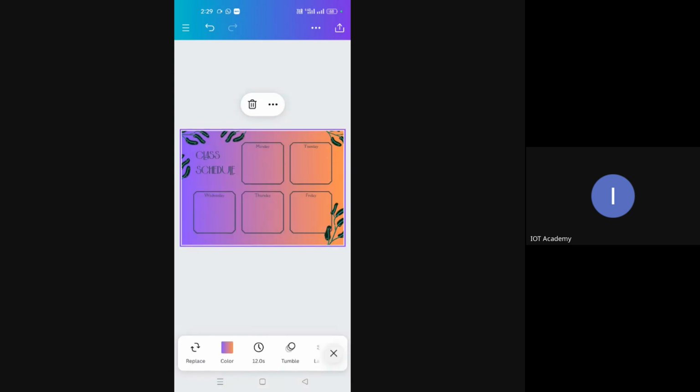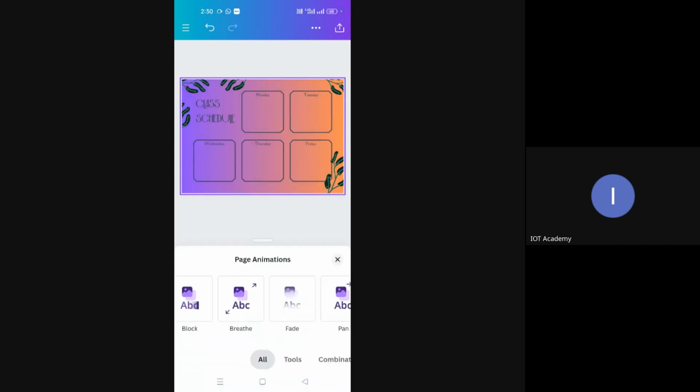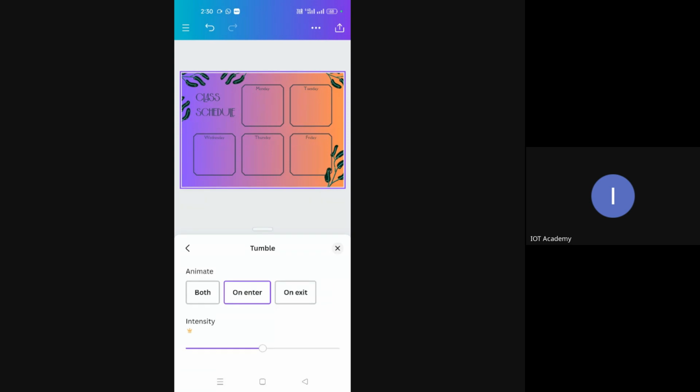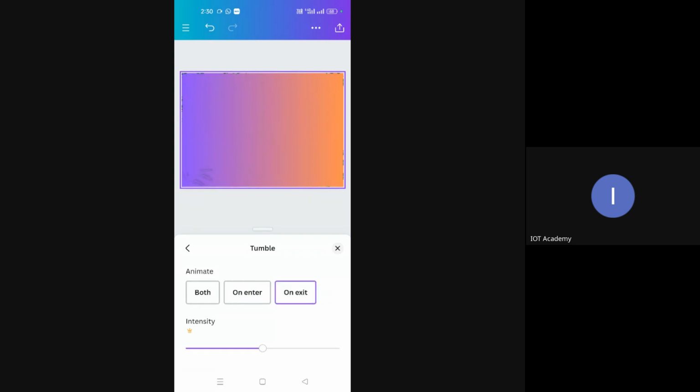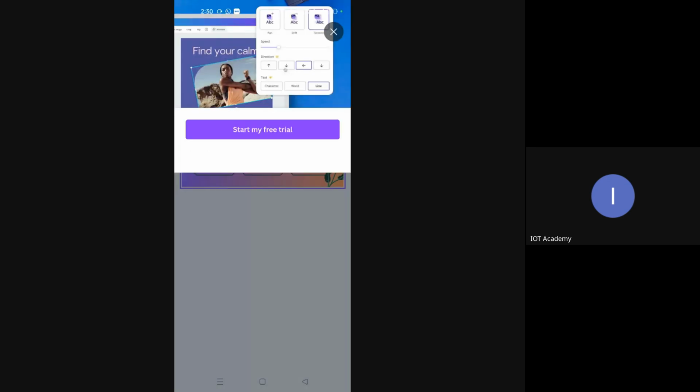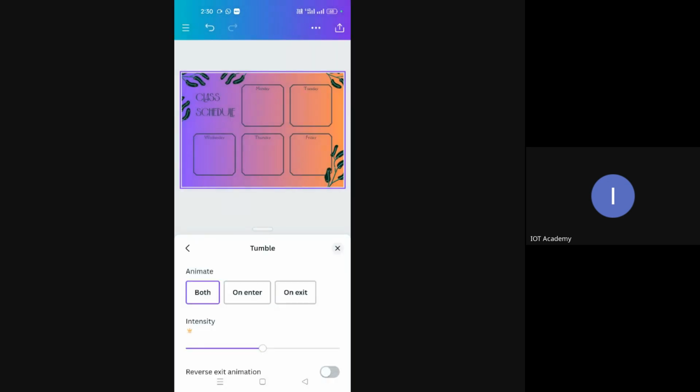The next option we have is tumbling. Tumbling is, on exit or on entry, it tumbles and then settles down. Some people would like to keep it both when you are showing and when you are off the template. So that way you can use this and fix it.